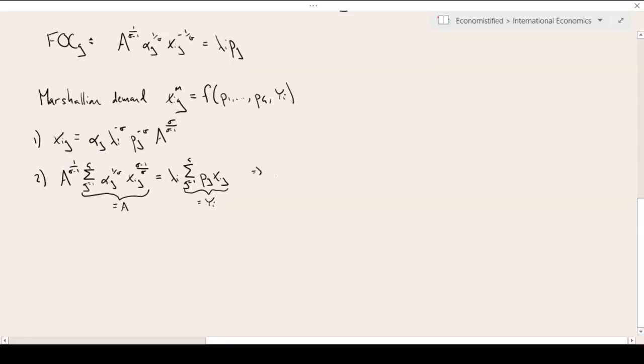So simplifying this slightly, we get that A to the sigma over sigma minus 1 is just equal to lambda I times yi. So we can use this to substitute out A to the sigma over sigma minus 1 from our first equation. But let me not do that yet. Let me move on to step 3,